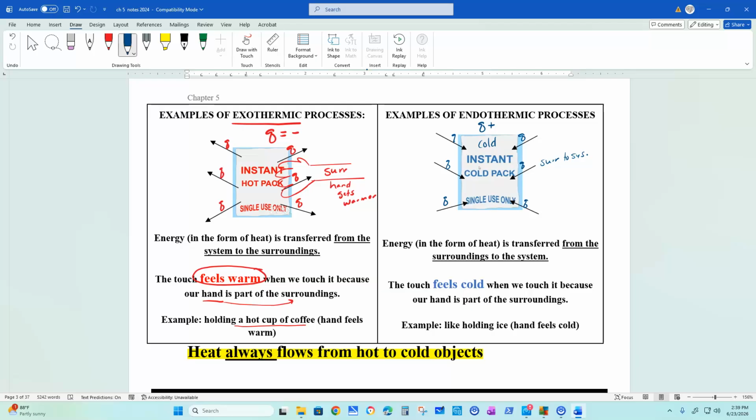So what they did was, in that cold pack, when they opened it up, if they would have actually added the water that came with the pack, they would feel cold, okay? So all that heat coming in, the surroundings to the system, you would actually feel coldness when we touch it because our hand is part of the surroundings. So you would feel all nice and cold with that hand. So like if we ever put ice in our hand, because our hand is warmer.